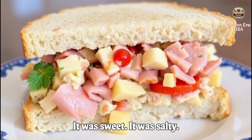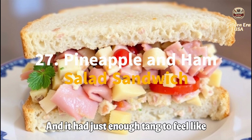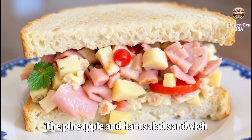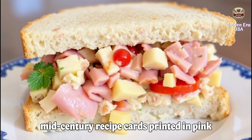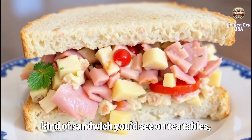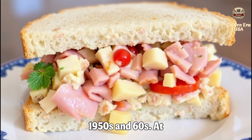It was sweet. It was salty. And it had just enough tang to feel like a party between two slices of bread. The pineapple and ham salad sandwich wasn't your everyday lunch, it was a retro classic pulled from the kind of mid-century recipe cards printed in pink ink with scalloped borders. It was the kind of sandwich you'd see on tea tables, baby showers, or ladies' luncheons of the 1950s and